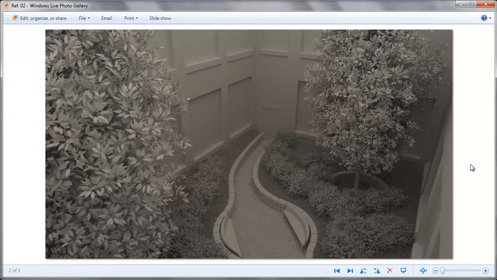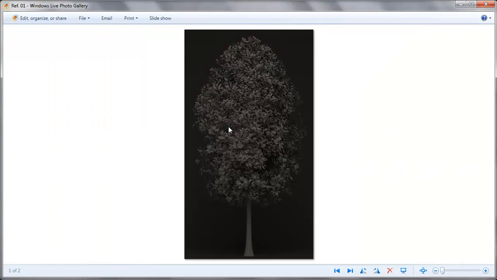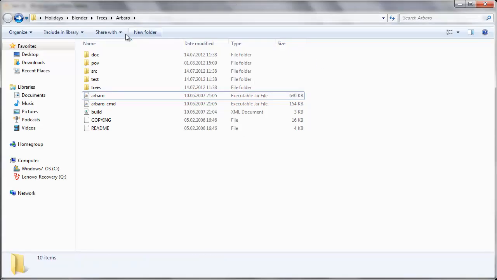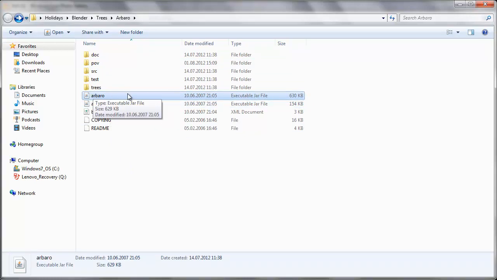Now, basically what you have to do to create the tree you can see here is download Arbaro, and I will have a link for that in the description below. And what you will see after that, once you extract it, is a folder like this. What you do is you just open Arbaro, the executable jar file. You need Java to run this, and I already opened the window, so just double click that